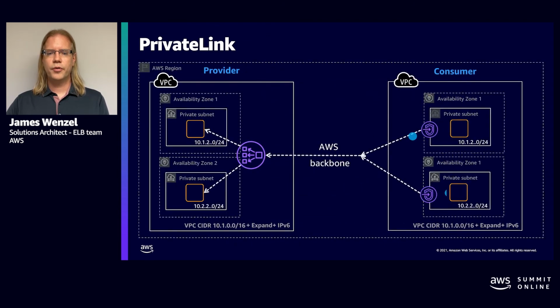So showing here, we have private link, which is a unidirectional flow from the endpoints that are in the consumer account that are attached to the network load balancer and its services behind the load balancer in the private account or the provider account. So as you can see, the packets are flowing from the consumer to the provider, and it cannot go in the other direction. Also to note, each of those ENIs that are in the consumer account will absolutely have a security group attached to them, and you can use that to, again, further your security. Just make sure that those security groups actually have the same ports open on them as the listeners that you configure on your network load balancer.